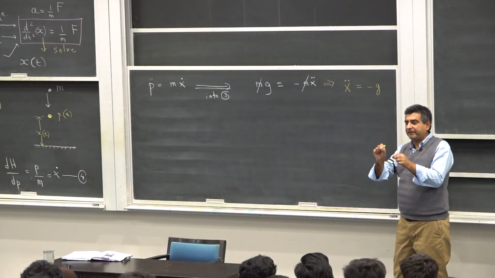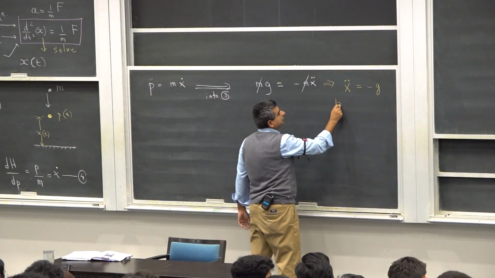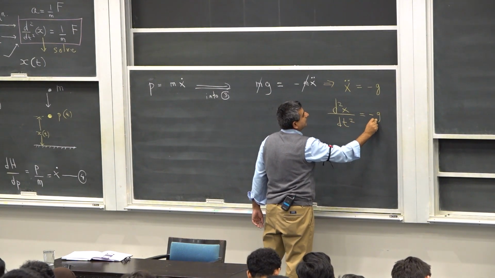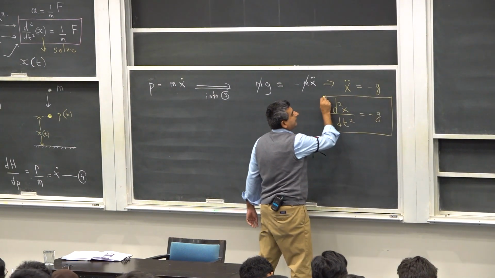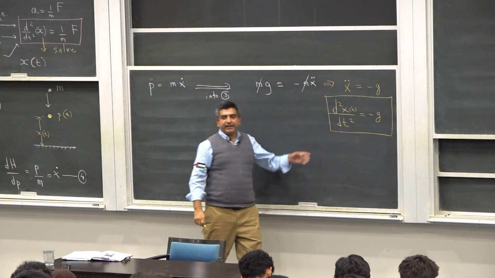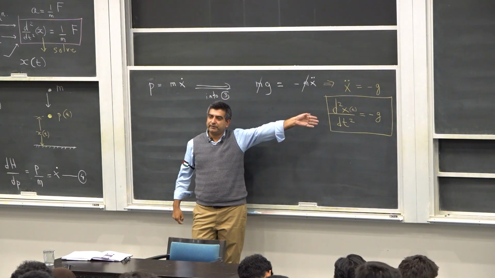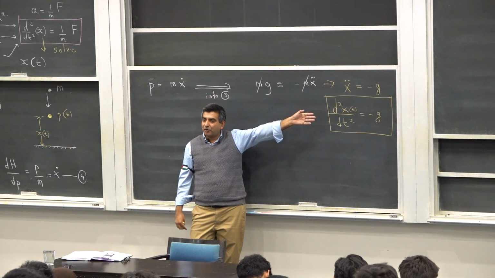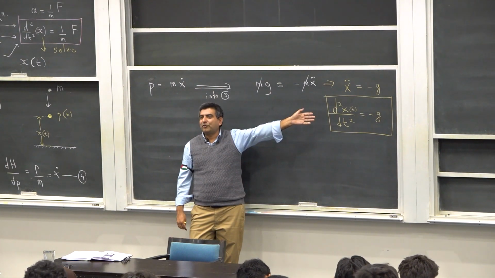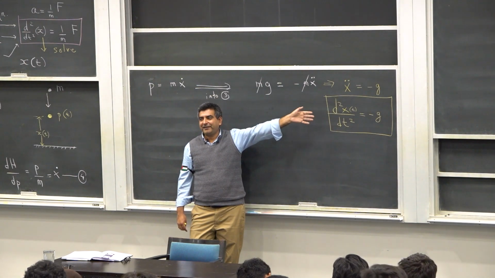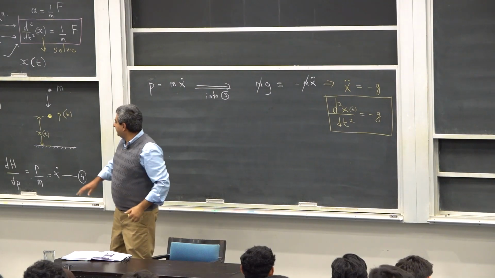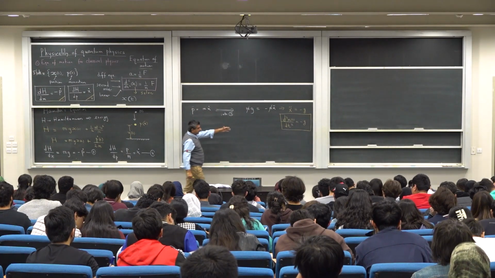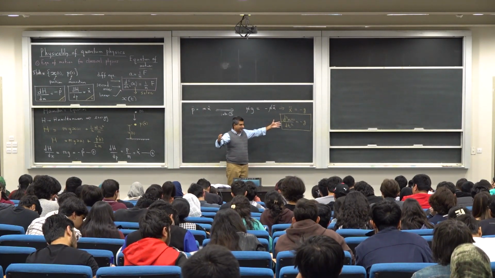So this means the double derivative of x, or d square x over dt square, equals minus g. This x is a function of time. Is this a valid equation of motion? Does this make sense from your knowledge of mechanics? Hopefully a very solid knowledge of mechanics. It does make complete sense. So these Hamilton's equations recover and reproduce your conventional Newton's equation of motion.